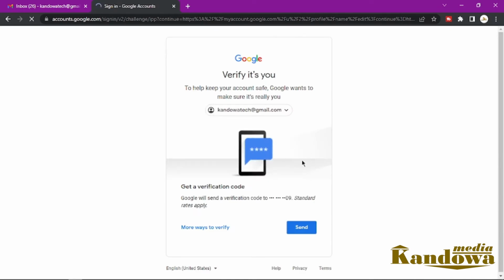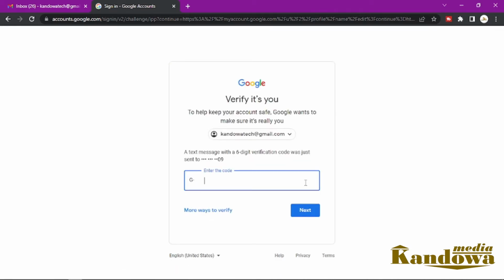So now it will ask you to log in or to verify, so just send, because it will send a verification to your number. So once you get the code, just open it and then enter that code. The code is just a one-time code, so we don't need to worry about